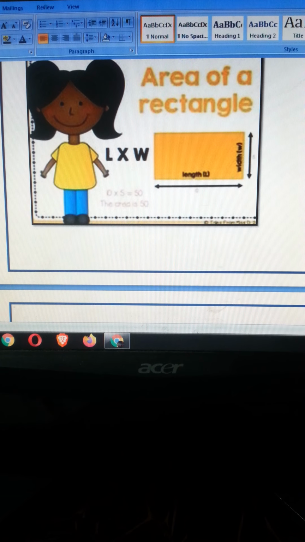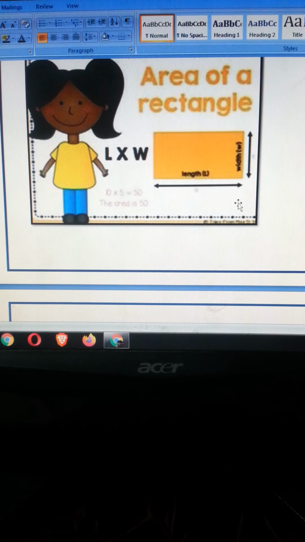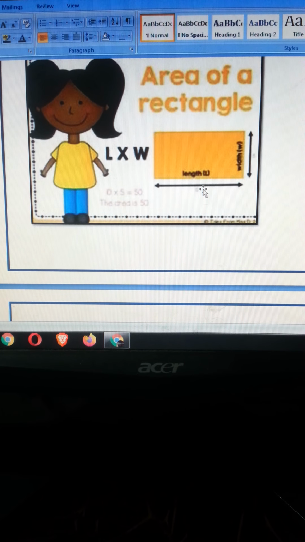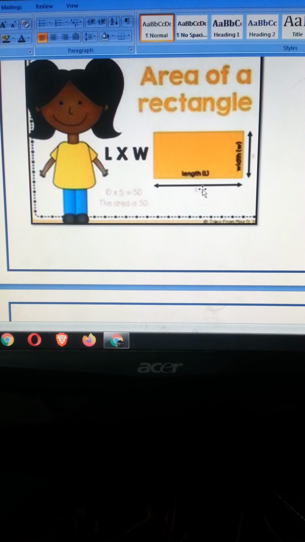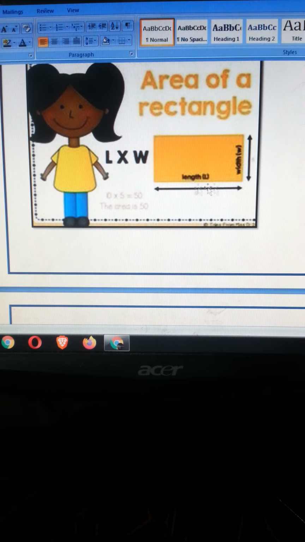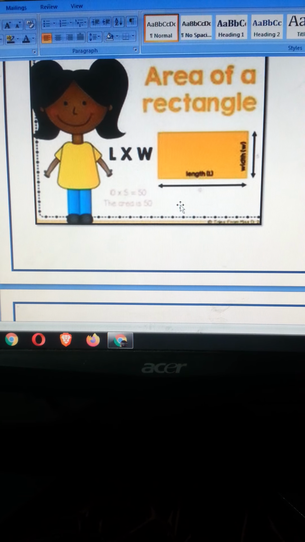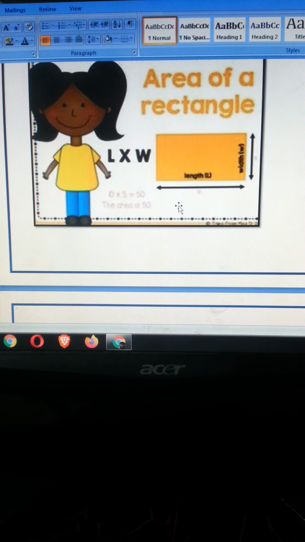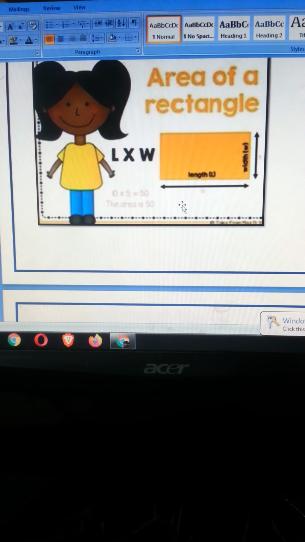If you have a rectangle over here, the rectangle is something which has opposite sides equal. Two opposite sides are equal, right, by the definition of a rectangle. So the formula for rectangular area is length into breadth, or length into width. We will just multiply these two different sides, and we will get the answer. Further, we are going to do applications of these shapes. Right now I am just giving you a brief explanation.